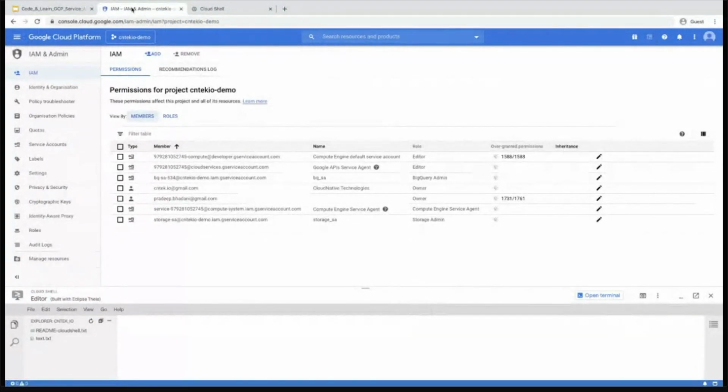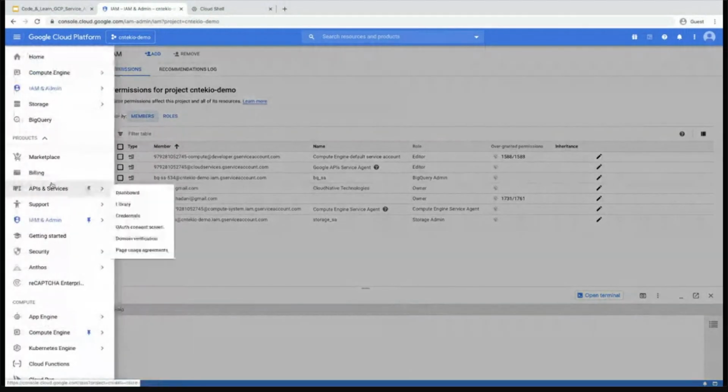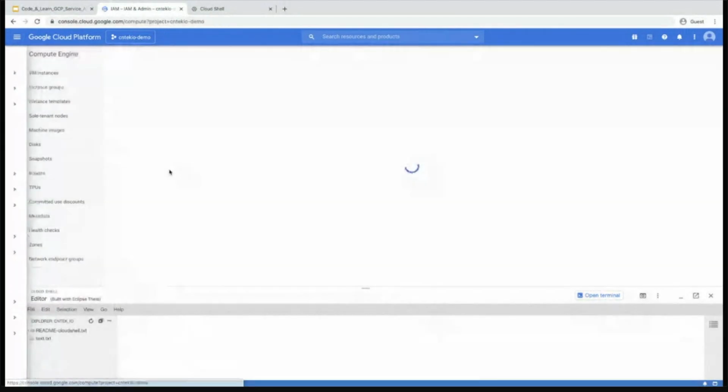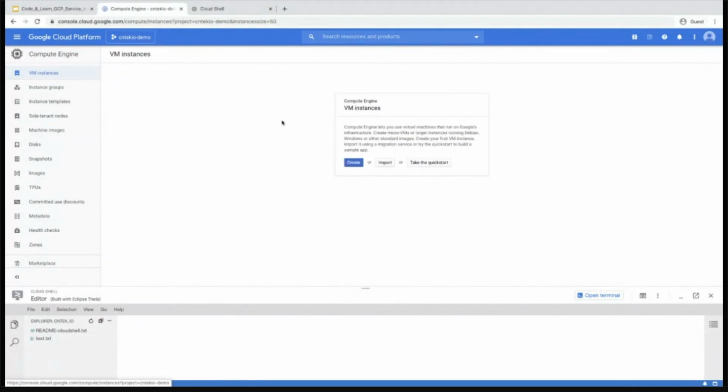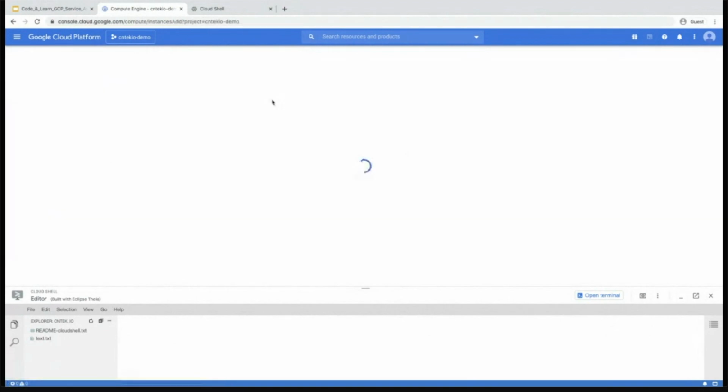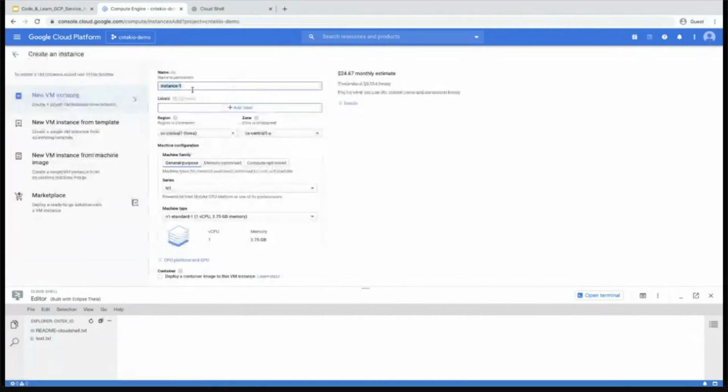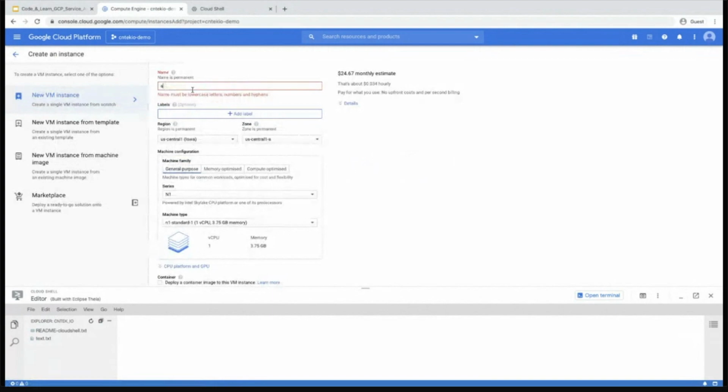Now let's go to compute and create VMs. To create a VM, we just go to the Compute VM instances. There is no VM, so there's no list here. I can just click on create. For the first instance, I would just say there is an application which wants to interact with the GCS bucket. So I will just say GS storage instance, and we will attach